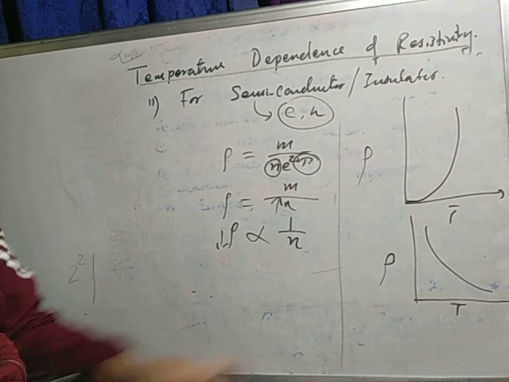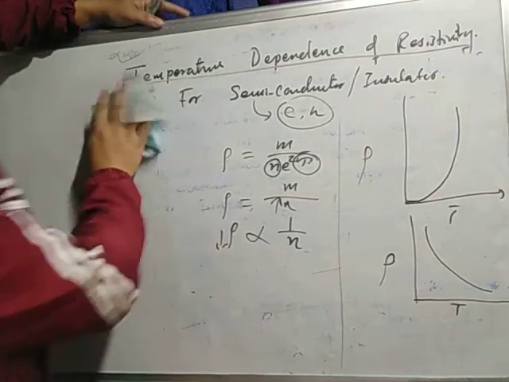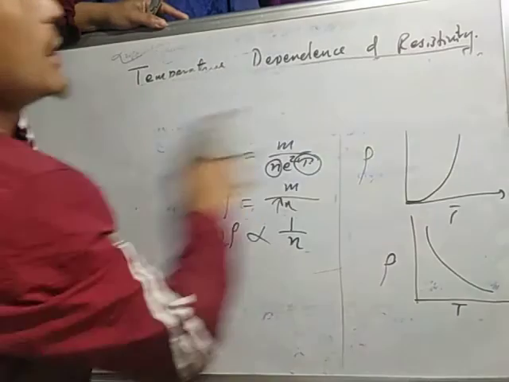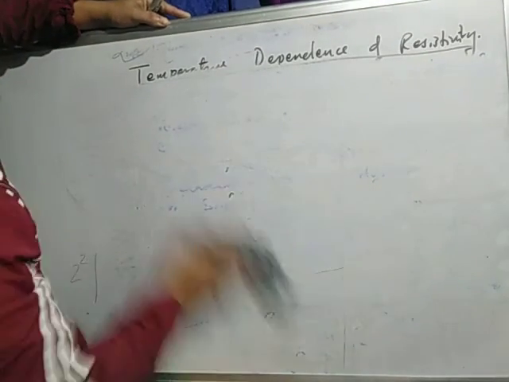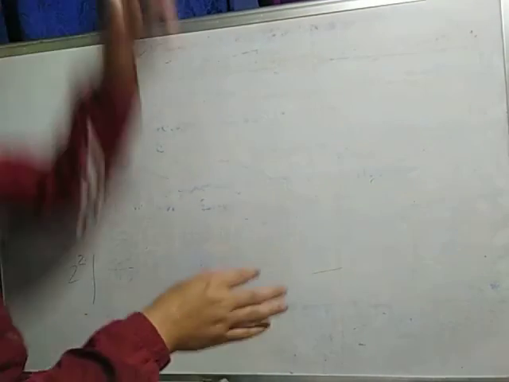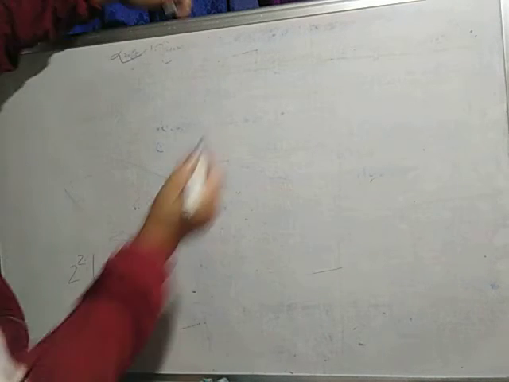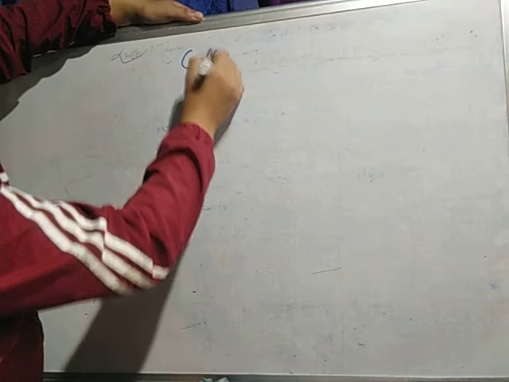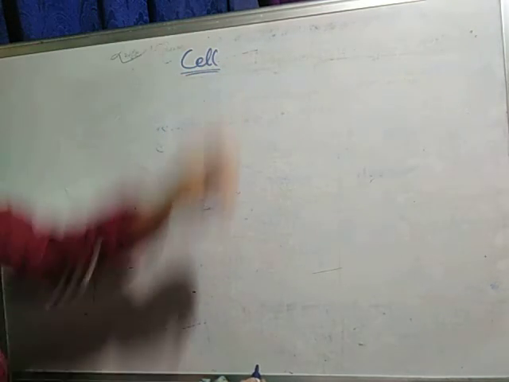Now write down cell. Cell, you know, isn't it? You have a smartphone. There also you have a cell, isn't it? And you have TV monitor, remote. There is also a cell. Those are also a cell. So cell is nothing but a combination of